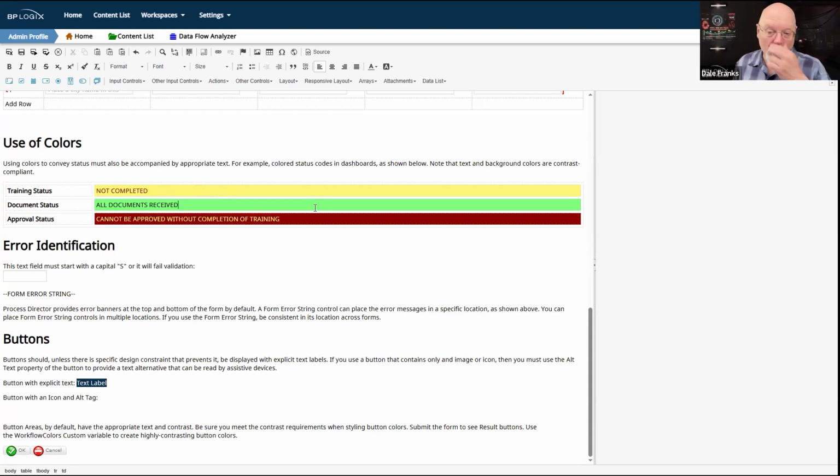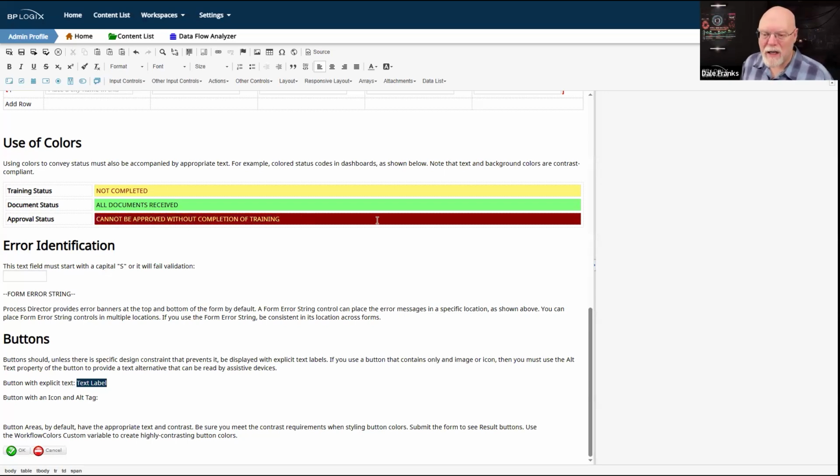I also want you to note that all of these colors are contrasting. So I'm using a dark red text over a light yellow background. Or in this case, I think it's a dark green text. I don't actually remember what I did, but all of my text colors and background colors are all compliant. Red and yellow is the problem.